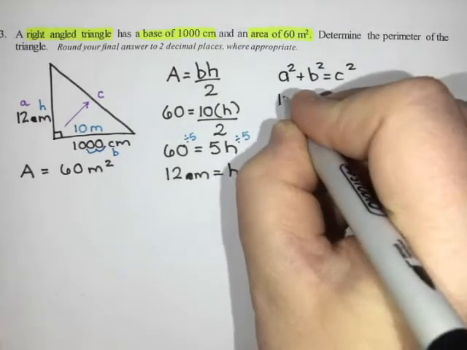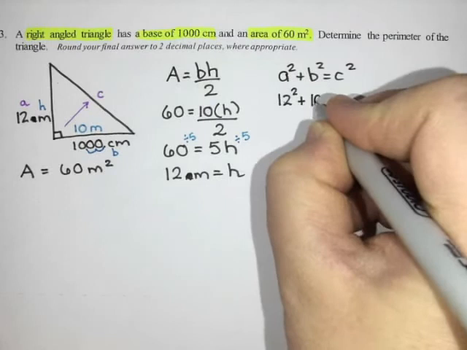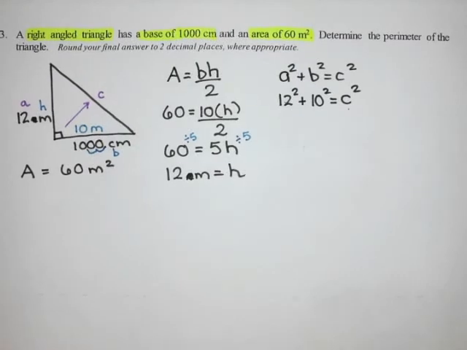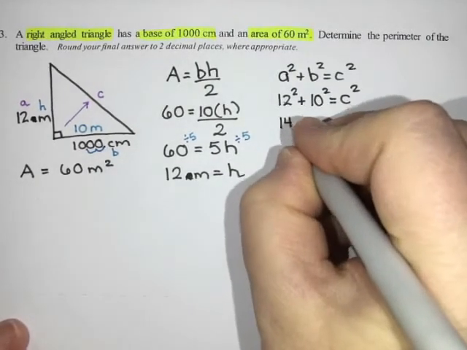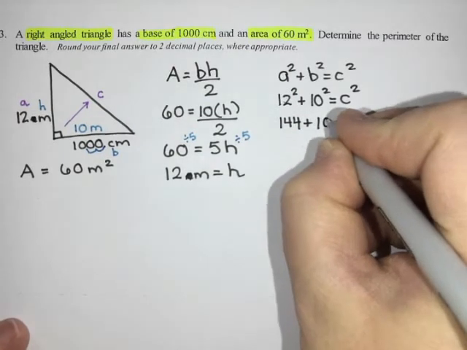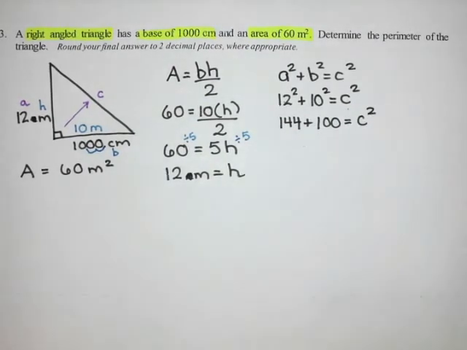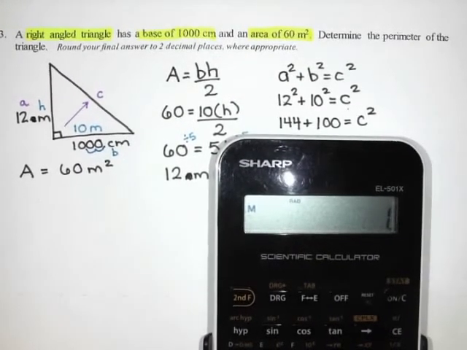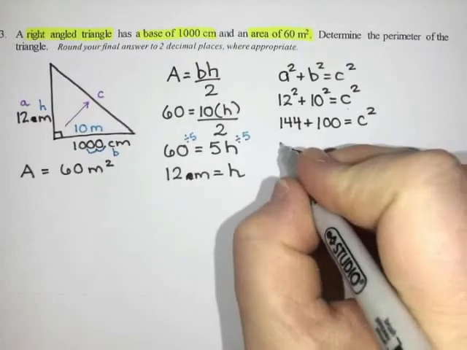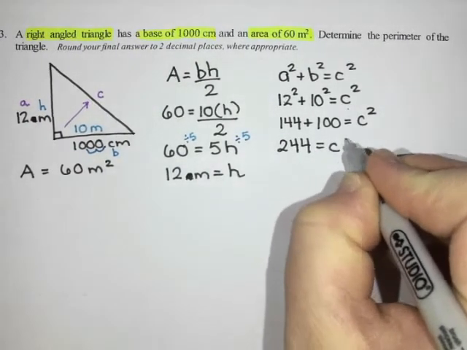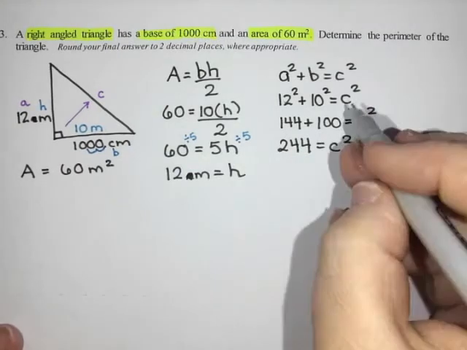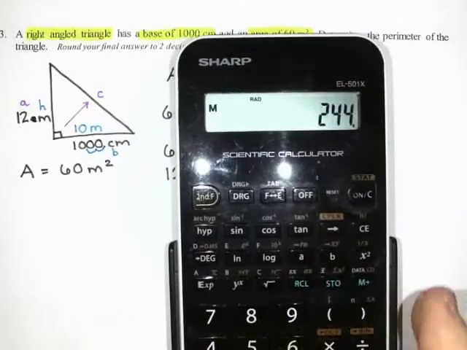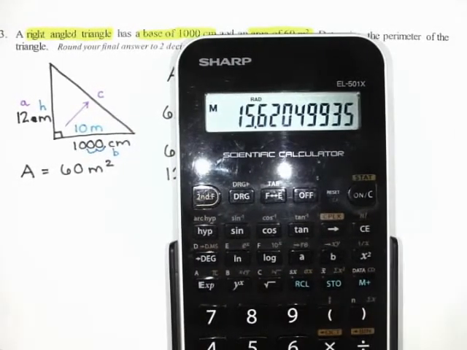So my A is 12, so 12 squared, plus my B, which is 10 squared, equals C. I'm going to just maybe leave that as C squared. 12 times 12 is 144. 10 times 10 is 100. And that equals C squared. 144 plus 100 should be 244. That equals C squared. And then I am going to cancel out the square by taking the square root. So the square root of 244 is